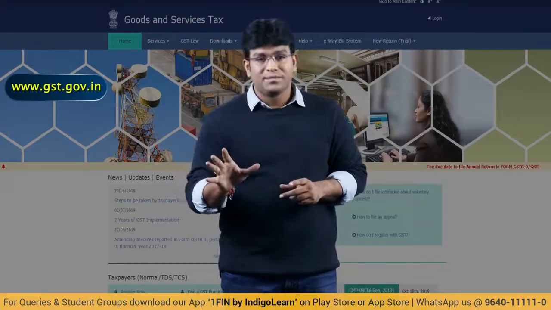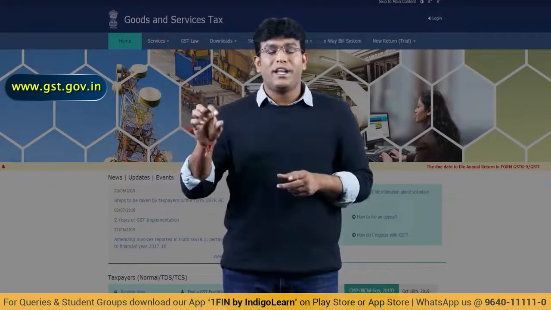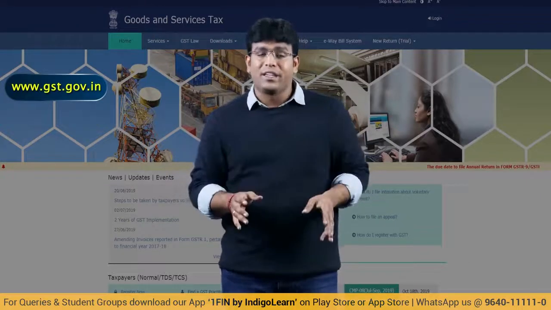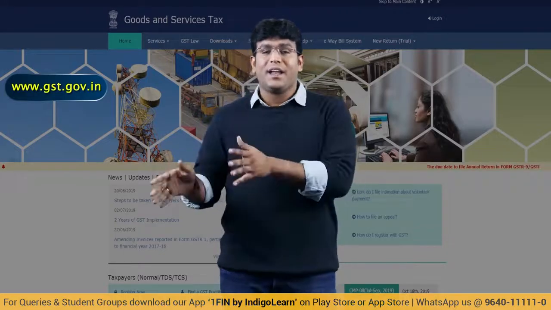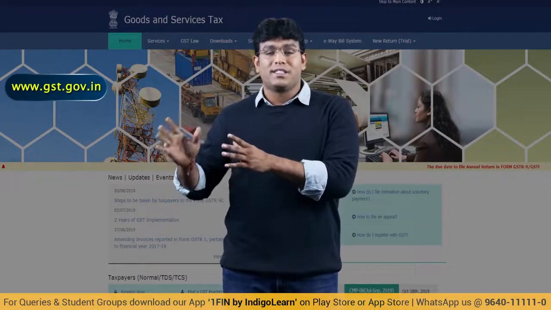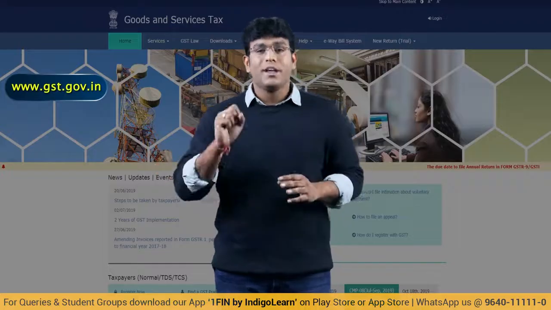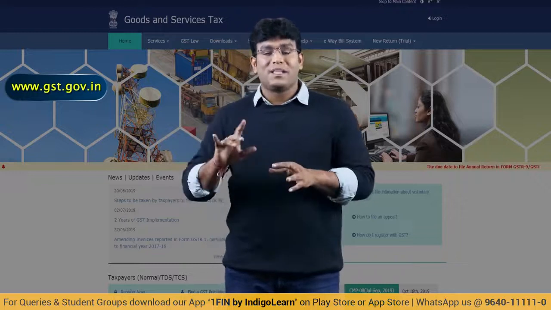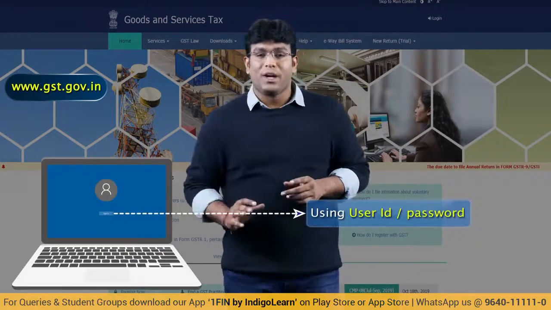Let me explain some wonderful concepts which we need to understand. GST law has developed one portal, one website known as gst.gov.in. Anything and everything related to GST is done in the website called www.gst.gov.in. Right? Now, in this website, whenever a person logs in using his user ID and password, law